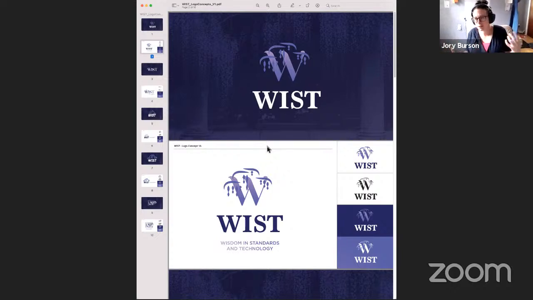So Wisteria was a plant, speaking to the growth and also to wisdom. Anyway, I'll share these with you really quickly. I'll also share them in Slack so you can look at them more deeply later.